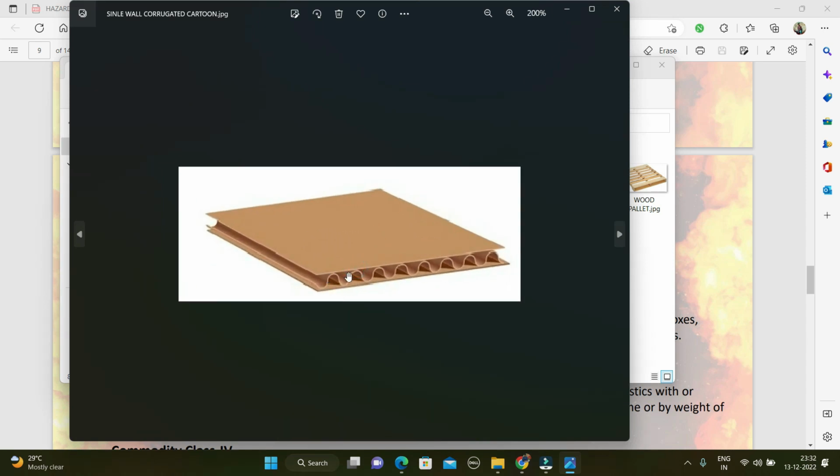See here, this is a single layer, this is what we can call fluting. This is like a fluting, and this one is a layer. All this is called 2 layers, and one fluting is called single wall